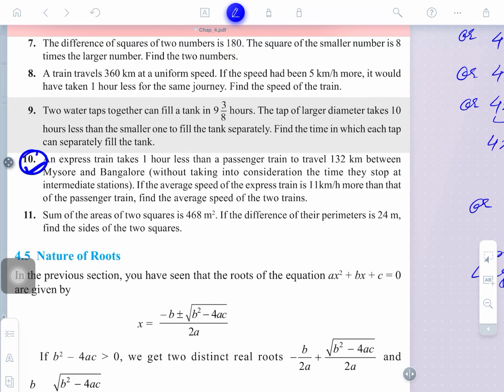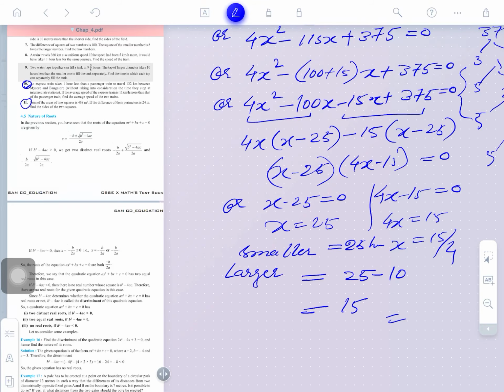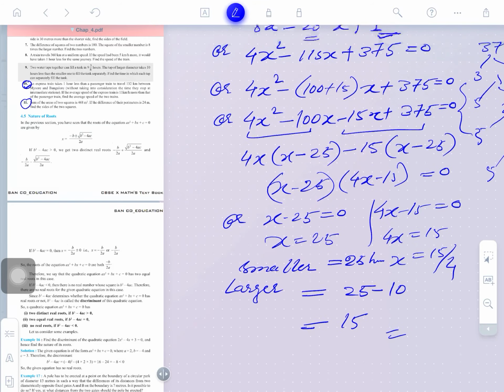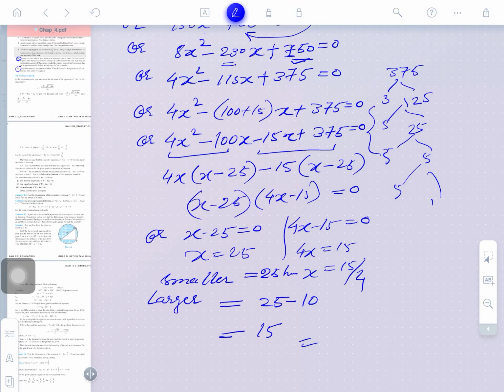Your assignment of the day, question number 10, question number 11. You will solve tomorrow. Tomorrow is Sunday. You will give the offline test from home. Okay, is that clear? And you will download the paper PDF file here, and you will write the answer sheet and will send me this.